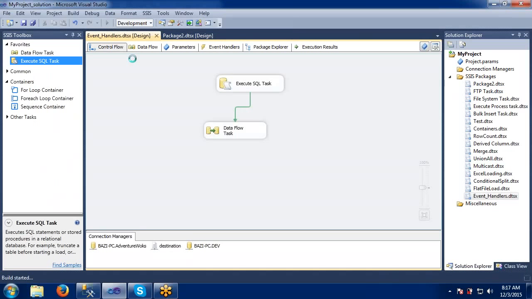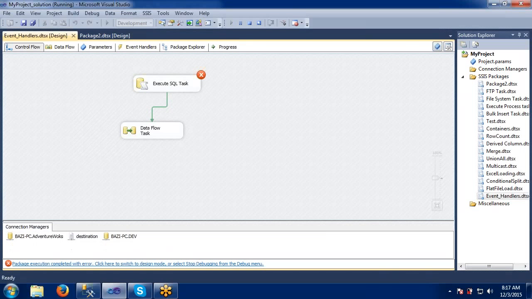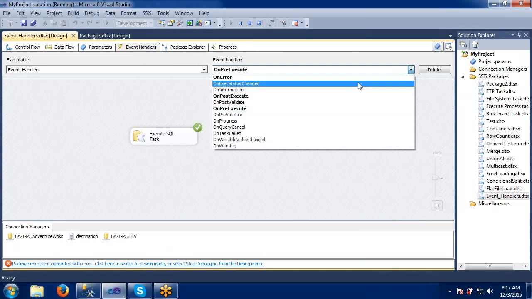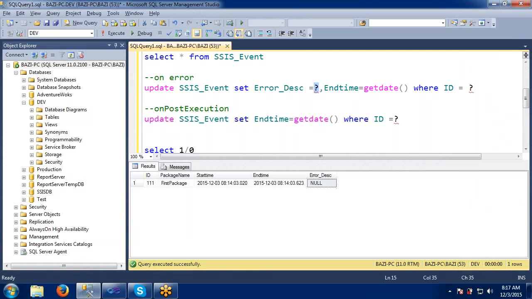Start. See, now it failed, right? If you go to the event handlers, it failed here. Why did it fail? Let's see this one. Select star from this table.